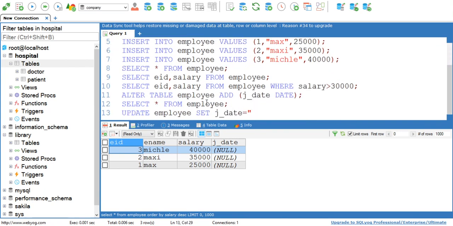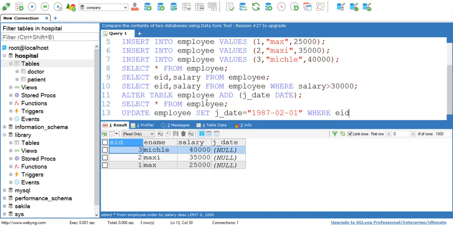Okay, so here you need to write down that date into double quotations, and the format of date is first you need to write down year, suppose 1987, then write down month, suppose 02, that is second month, and then write down day, that is 01, means this employee joined on 1st February 1987, and then specify the condition by using where clause, means it is the condition where you want to set this joining date.